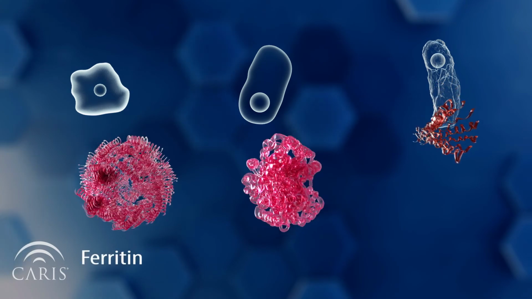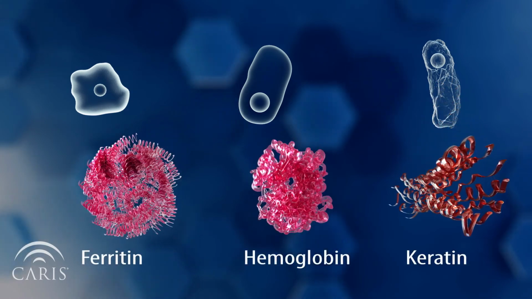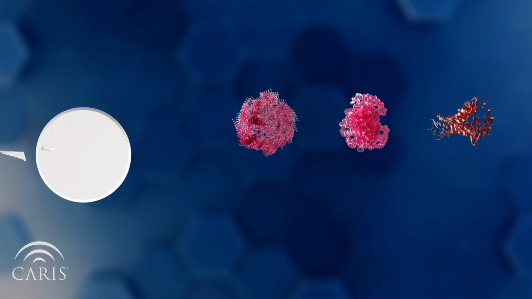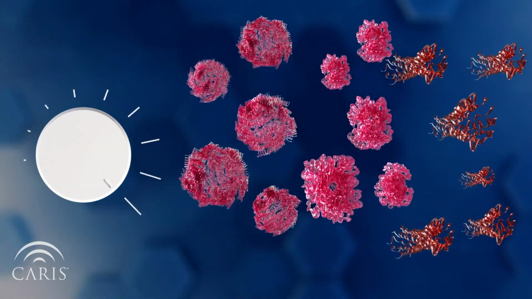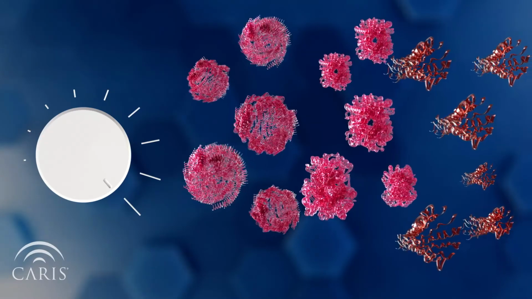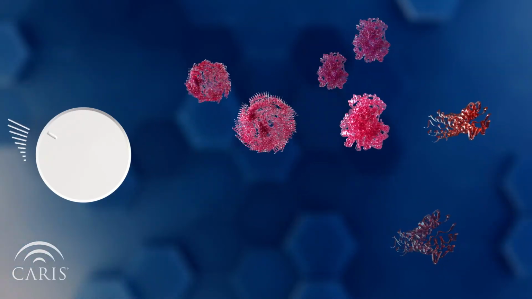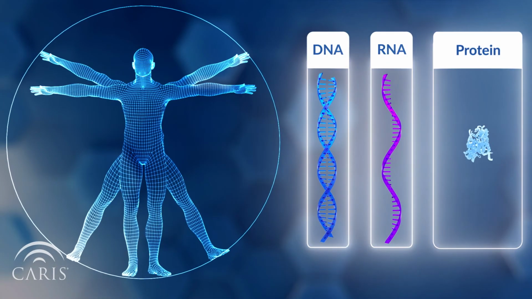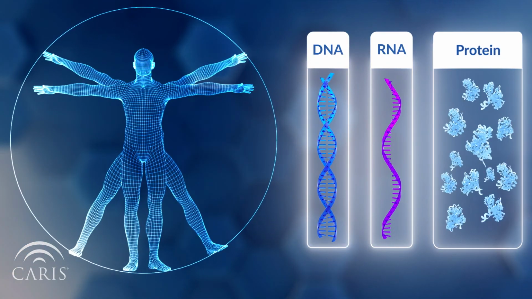Every function in your body, from the color of your eyes to your lungs' ability to capture oxygen, is determined by what proteins are expressed. But the choices are not just on or off. Gene expression is more like a volume dial than a light switch, controlling how much or how little of a protein is made. When problems arise within the DNA, RNA, and protein levels of the cell,